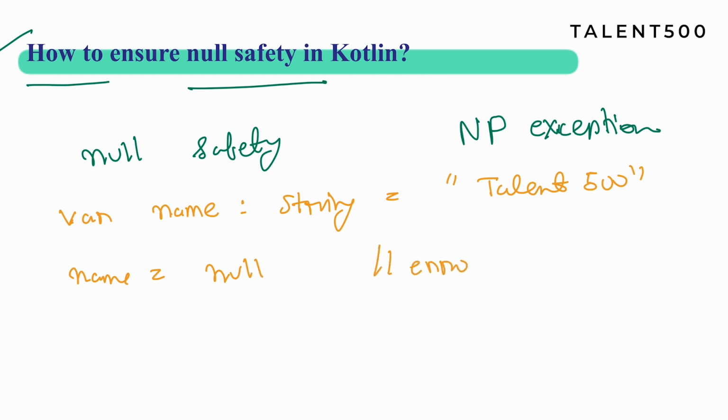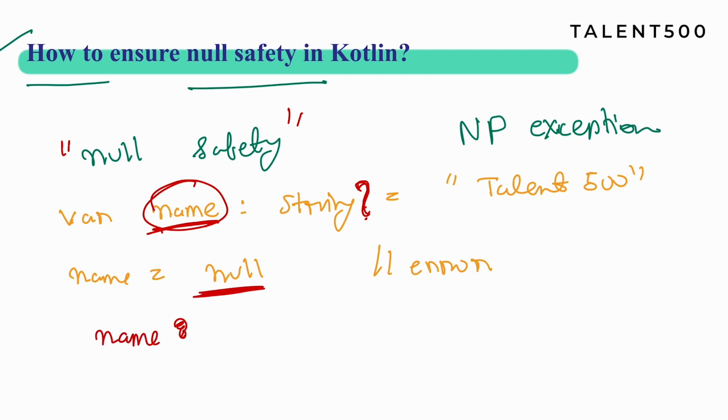Like, this is Kotlin, but it will throw an error. Why? Because at this point I'm not using the power of Kotlin. If I add one question mark here, what will happen? I am using the null safety feature of Kotlin, and this will now allow me to assign a null value to this variable. Now it will not throw an error. Okay, perfect. And I can later use this to get maybe the length of name.